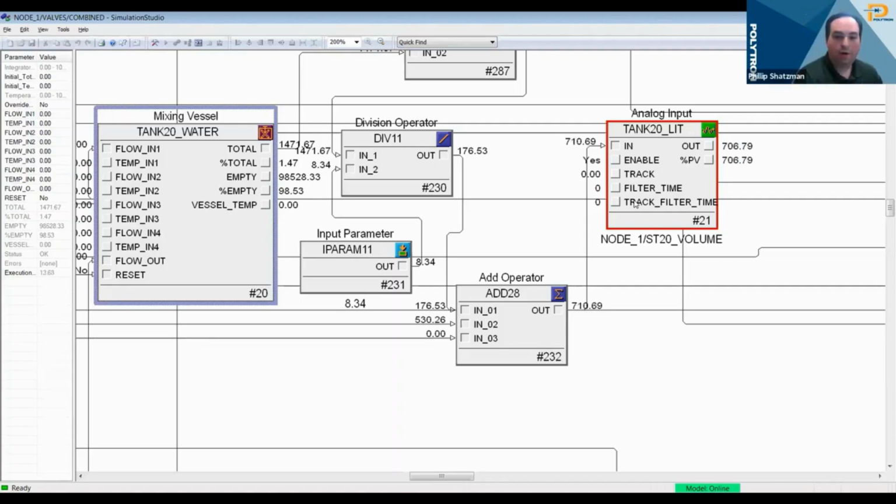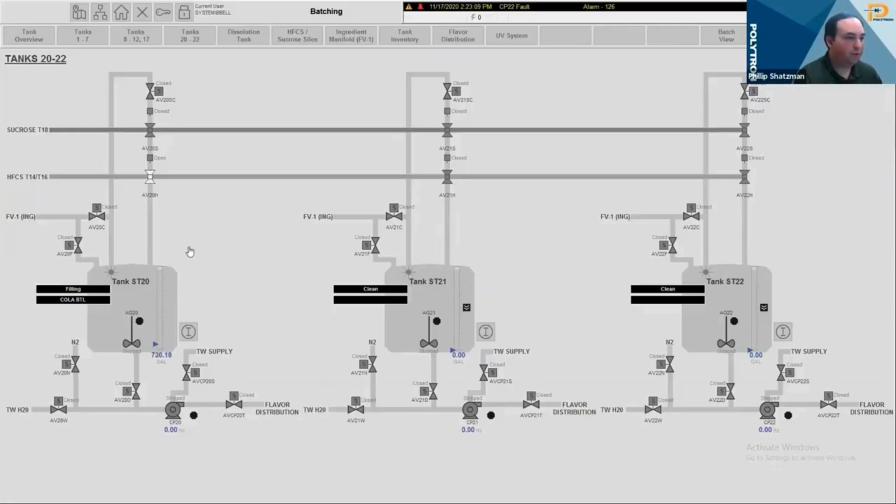So I'll go ahead and just briefly switch back to the HMI. Again, as we pointed out, we're having HFCS continue to be added here. And as I mentioned, the level will continue to go up. And again, with emulation, the more moving parts you have in your system, the more valuable it is. This system has